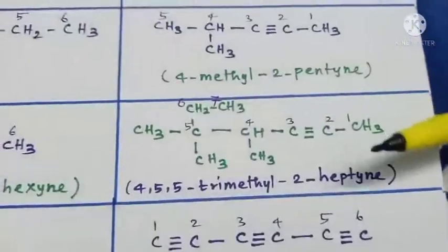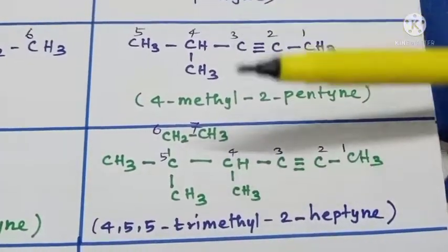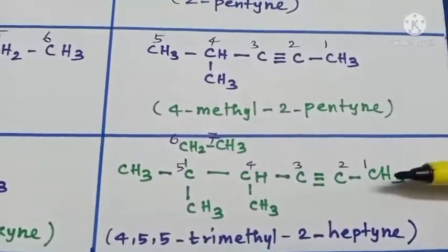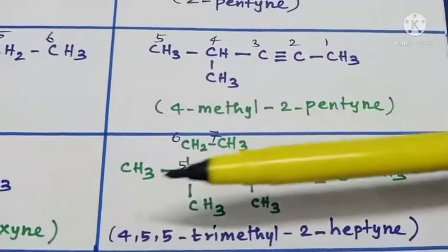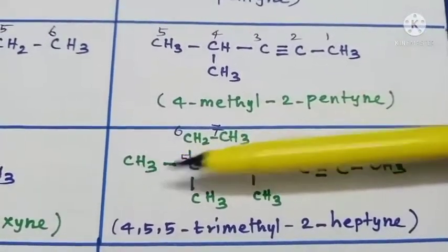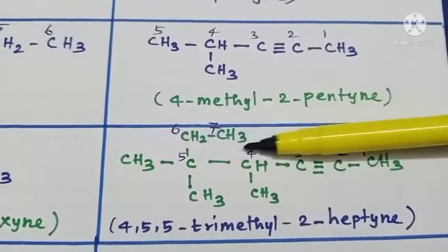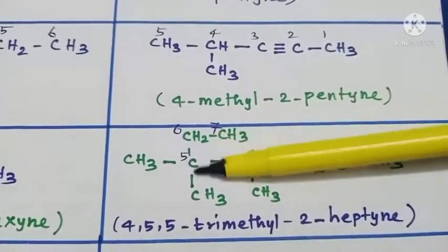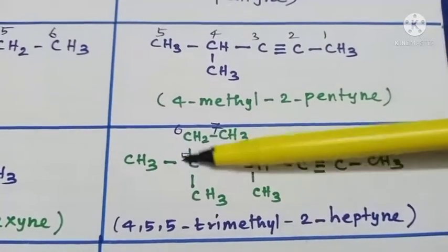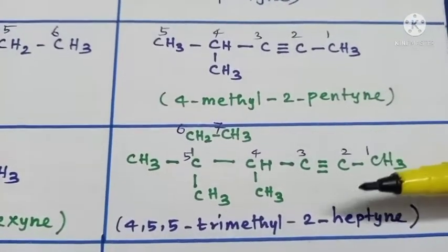Okay. Now let us go for the next one. Right. Now here we don't go for the horizontal one for selecting the parental carbon chain, because if you choose the horizontal one, you have only 6 carbon atoms, starting from 1, 5, 6. But look at this one. When you have an ethyl group here, if you choose this as the longest carbon chain, you are getting 7 carbon atoms, isn't it?